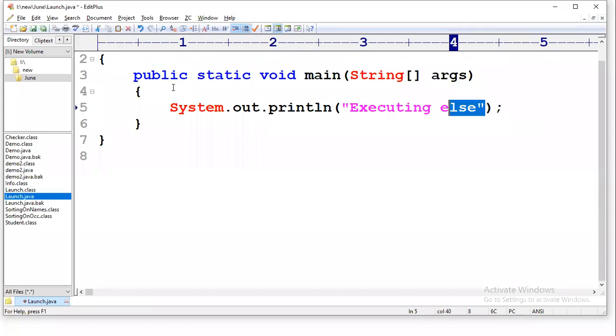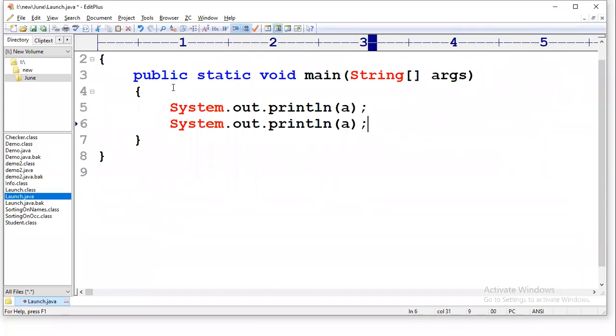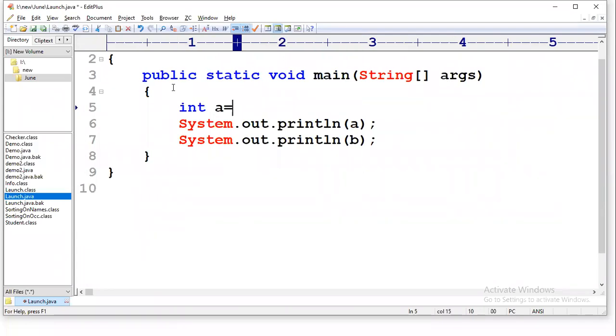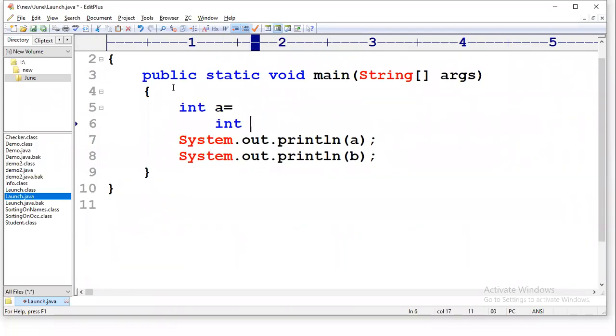I want to print A and I want to print B. int A is equals to and int B is equals to, there are two variables, right? Is 2 less than 5 question mark, and the second question is 3 greater than 5 question mark. 8 colon 20, and here it is 6 colon 13.